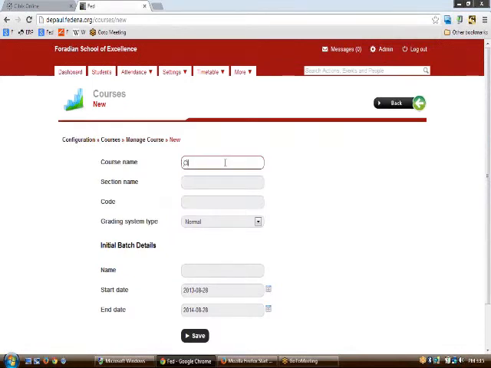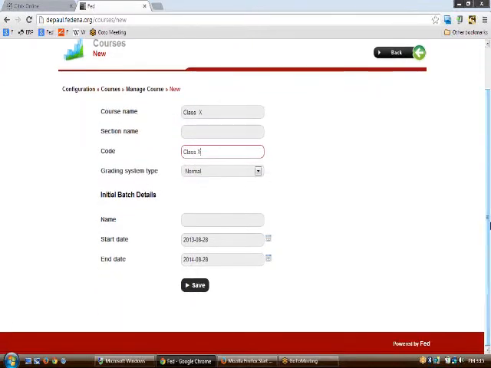Let us say you are putting it as class 10th. The code can be the same, class 10th itself, and the grading system type can be normal, GPA, CWA, and CCE even. Then let us put a batch name for this, let us say 10th B or B 2013.